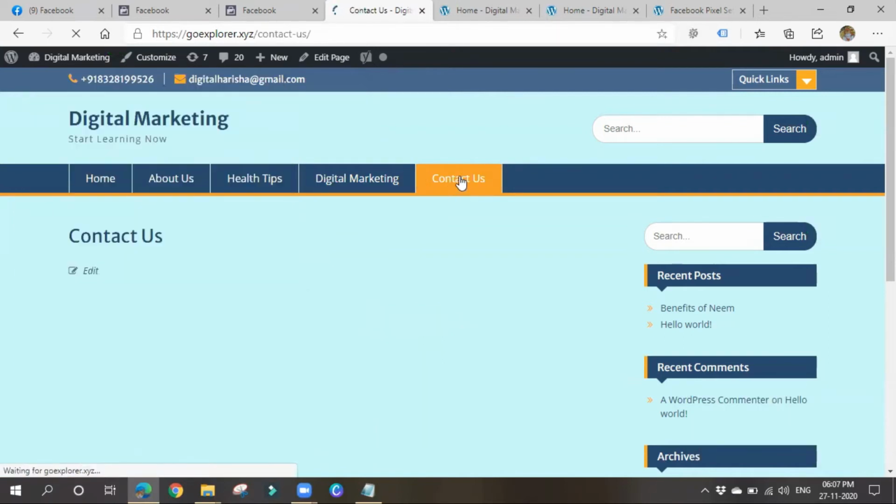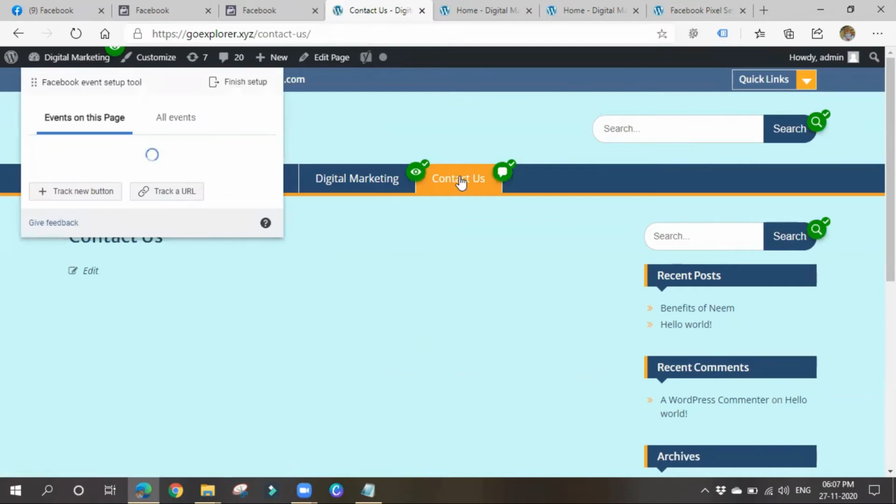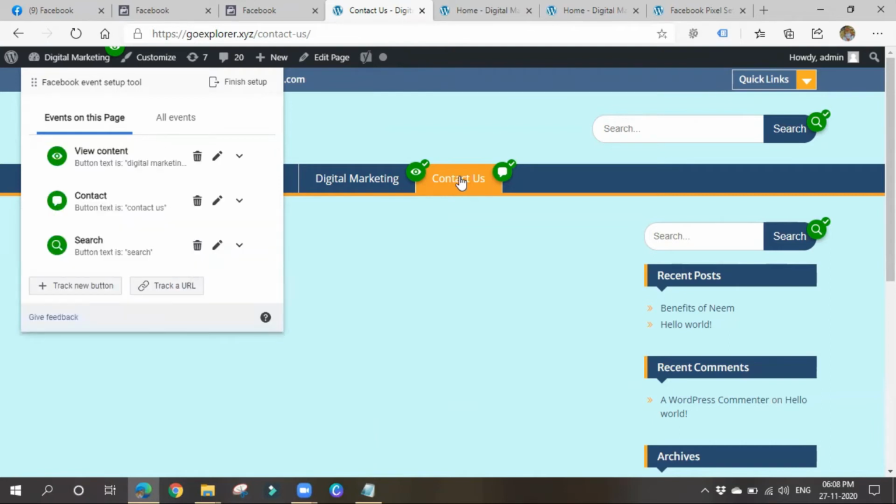Let me go to some other page also. I'll also go for the thank you page. If your website has a thank you page, I'll also track that event, which means how many people have gone to the thank you page. If people have gone to the thank you page, which means they have made a conversion. After they sign up a form or after they purchase anything, only then can they move to a thank you page, right? So also track your thank you page, so that you can know how many people have gone to the thank you page, how many people have converted.